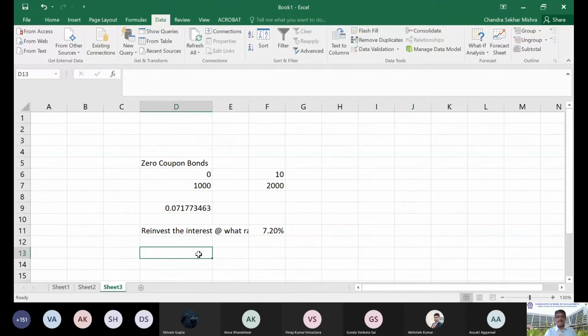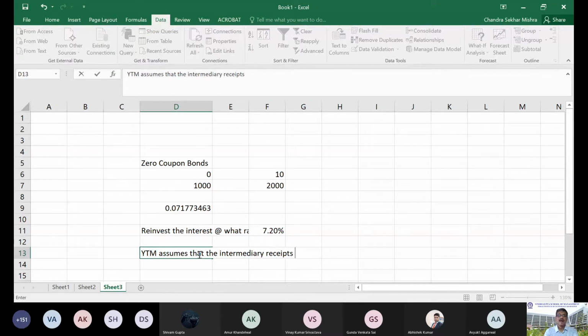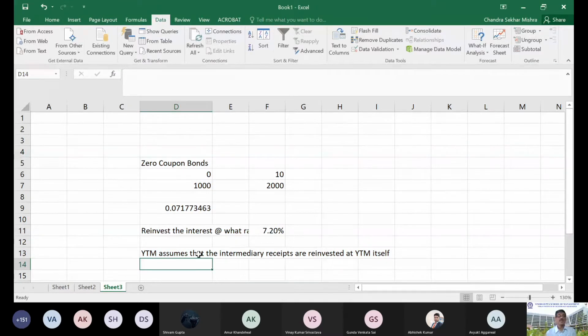Right. And then I talk about one important concept. YTM assumes that the intermediate payments or receipts are reinvested at the YTM itself. Okay. Please keep that in mind. Even if we are doing the YTM calculation where an annual coupon or semi-annual coupon is there, the assumption is that when the investor takes the interest back in his hand, he is actually reinvesting it somewhere else. If he's not reinvesting that money and is consuming that cash, then the YTM does not hold good for him or her. Please keep that in mind.